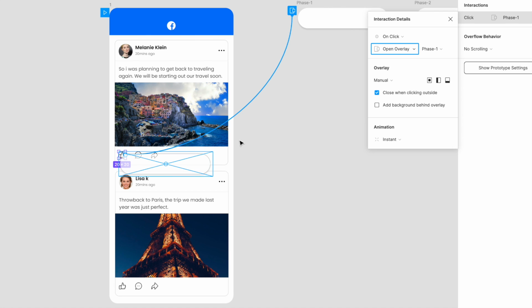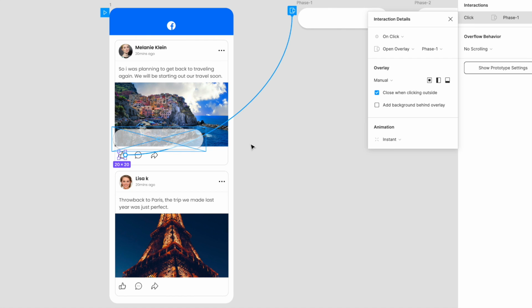Okay, and as you open overlay and manual setting, make sure that this setting is changed to manual. You can come here and change it to manual, and what will happen is it'll show you a small preview of where it will appear, like this. So we don't want it here, we want it just over the like icon, just the way we thought of designing it. So we want it to appear something like here.